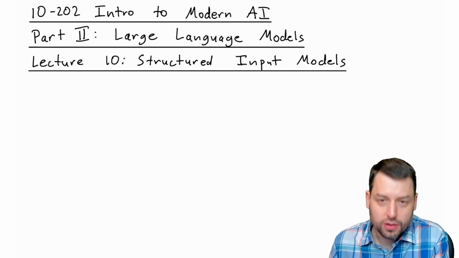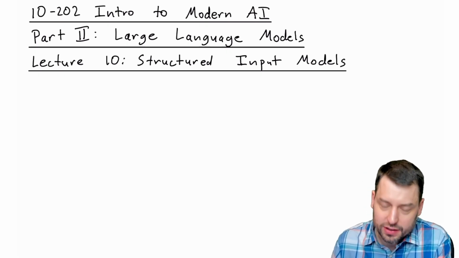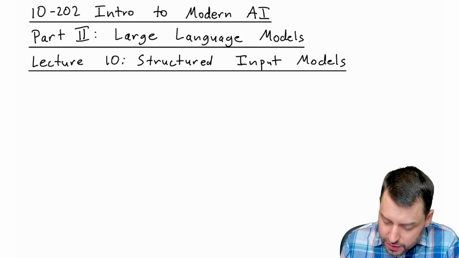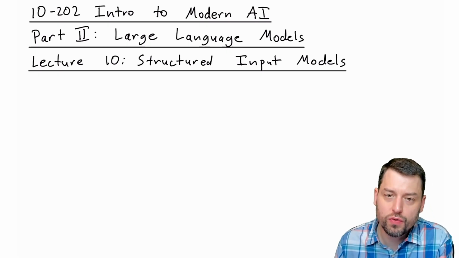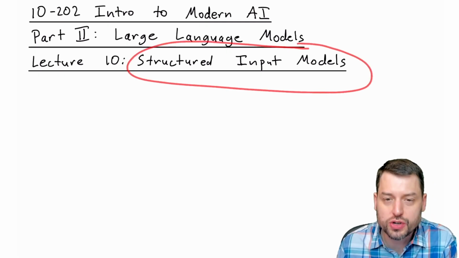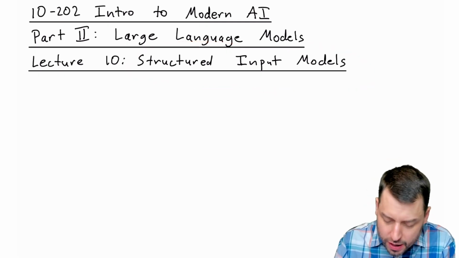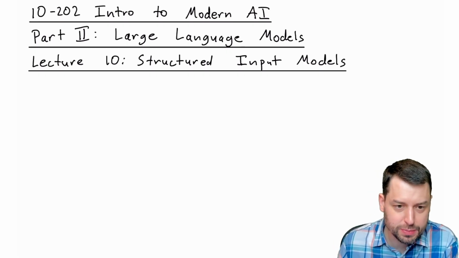Before diving into large language models, though, we're going to talk today a little bit more abstractly. We're going to use language modeling as the example, but we're going to talk a little more abstractly about the class of model that we're moving towards in machine learning. This is what I'm going to call a structured input model. I'll define what that means in a second, but as a general outline for this lecture,